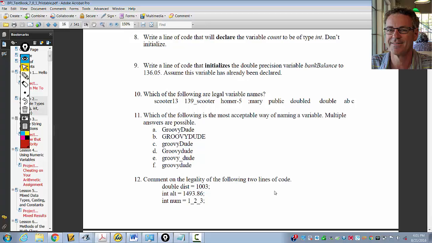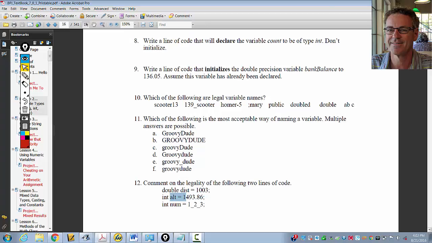Number 12. The following, the error here, there's a typo in the book. It says 2 lines of code. There's 3 lines here actually. Double dist equals 1003. Probably stands for distance, dist, who knows? But that's fine. You can put integers into doubles. But in the second one, you cannot put doubles. You cannot put decimals into ints. So the first line is legal. Second line is illegal. And the third line is using those underscore separators, which are legal,